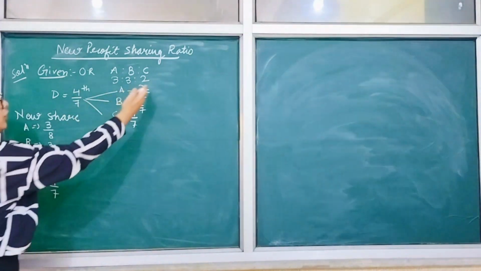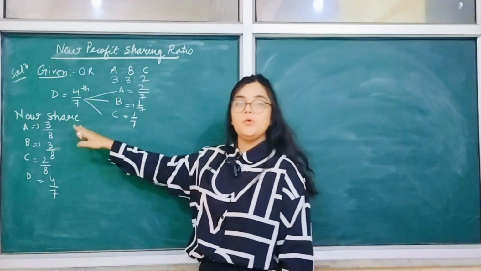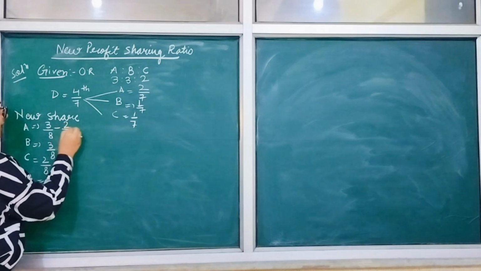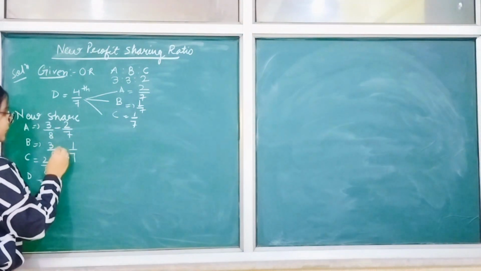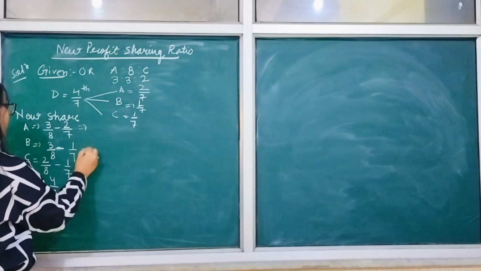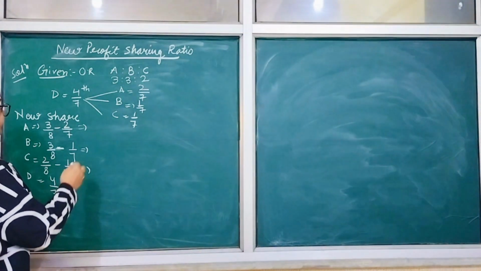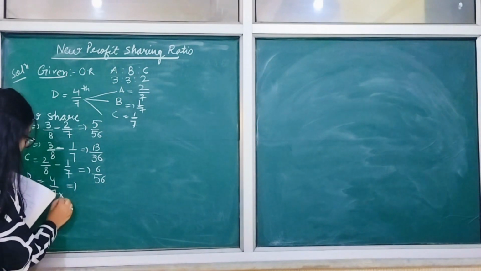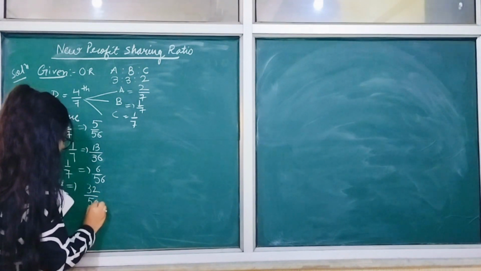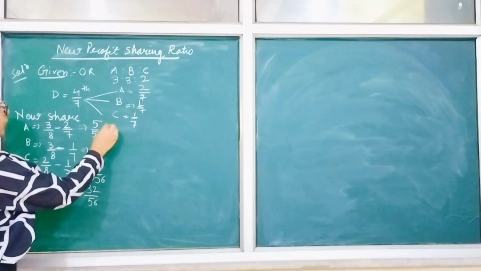तो ये जो हमारा 2/7, 1/7 and 1/7 जो D तीनों पार्टनर से ले रहा है, आप बेसिकली उन सबको सब्ट्रैक्ट कर दोगे उनके पुराने शेयर में से. सिंपल. So what you have to do, you have to just subtract it. Subtract it. Okay. Now just simply solve the equation. So after solving the equation, what we are getting? This we are getting, right?